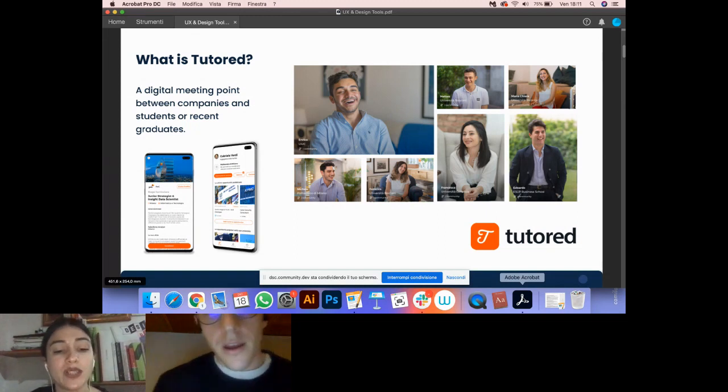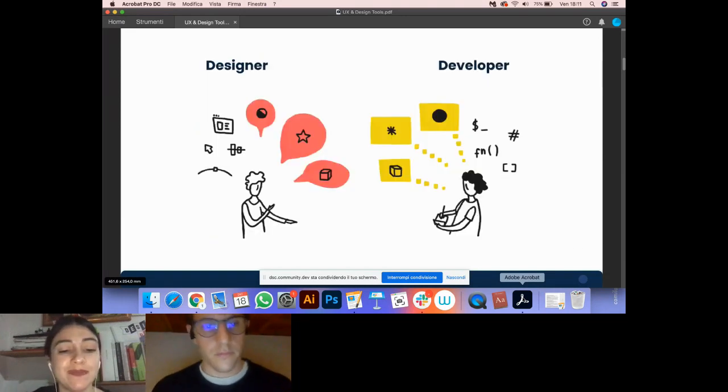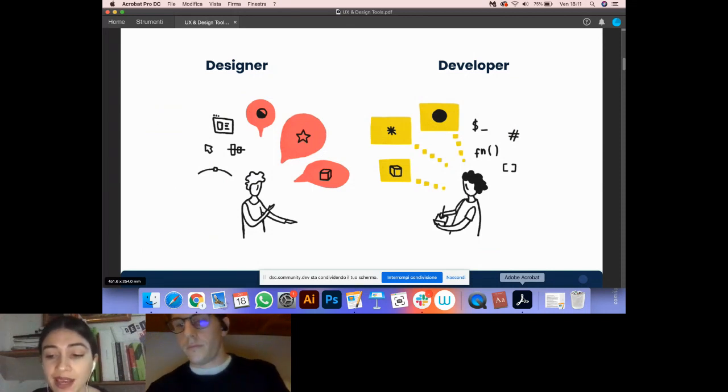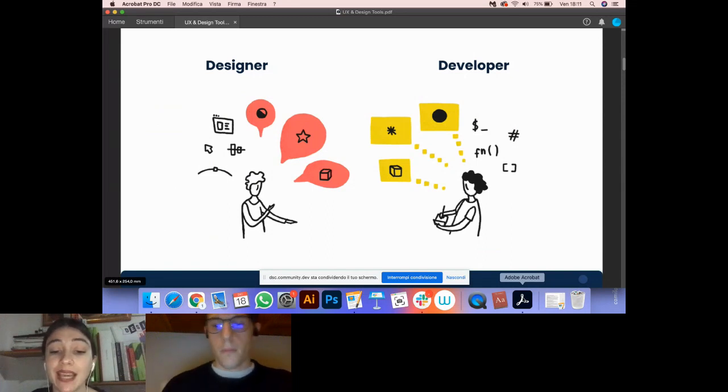Why should a developer know what UI design is? Because during the creation of a digital product, like a website or an app, designers and developers work closely together. They are part of the same working context.